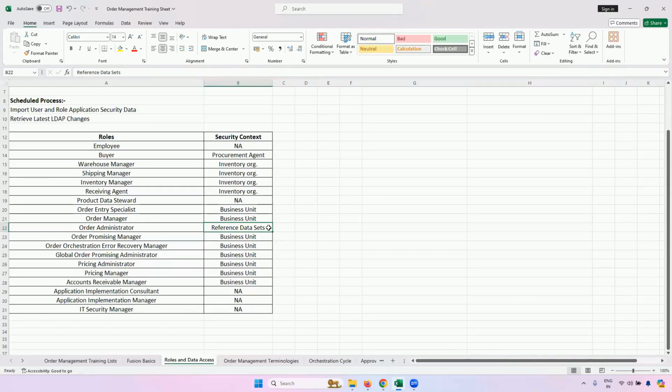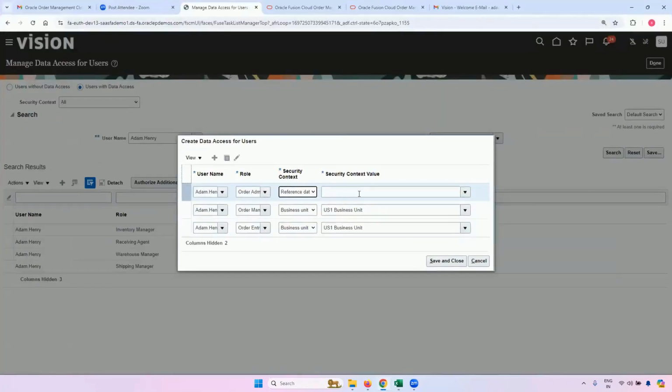Suppose you do not want the configuration or the transactional data to appear to all the implementation consultants, right? Then you create a reference data set. And within that reference data set, you have only those business units for which you want the people to be able to access. So there is a reference data set known as common.